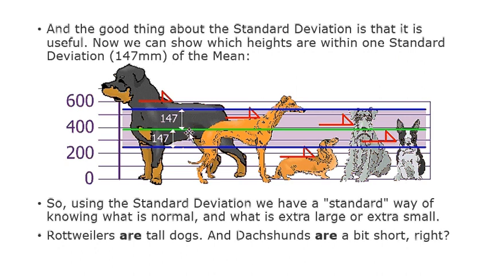So based on the average mean of height, we have to make it plus 147 here, okay. And another minus 147 here, okay. So we could see now that